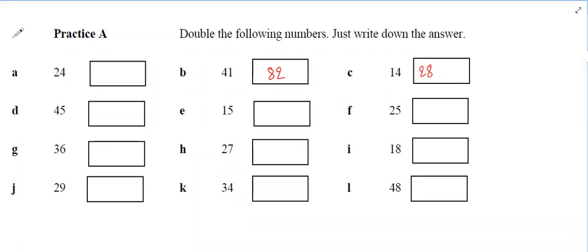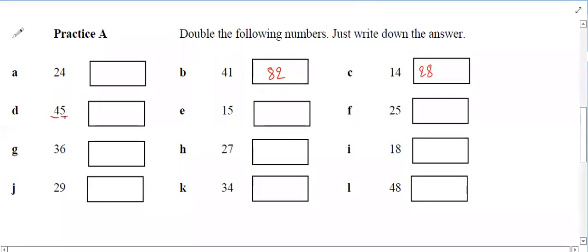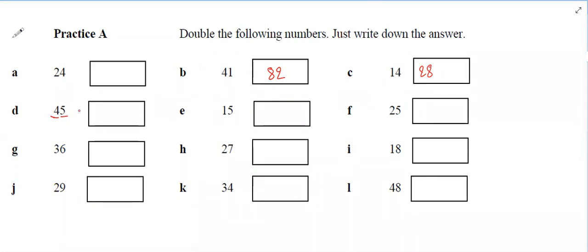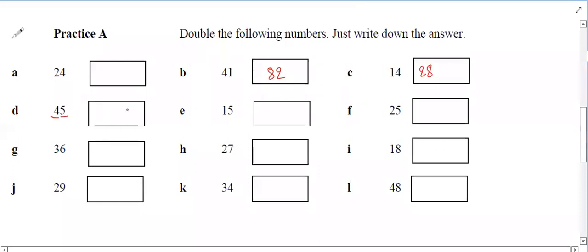Sir, 90. Explain. Sir, add 45 plus 45. How have you added those two numbers, 45 and 45? Sir, 5 plus 5 is 10, carry 1. So 4 plus 4 is 8, plus 1 is 9. That is the normal conventional method, right? Okay, it's okay. You can use any, but